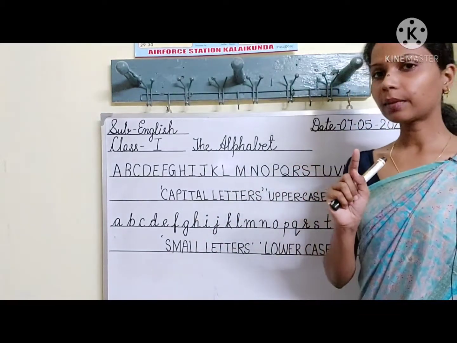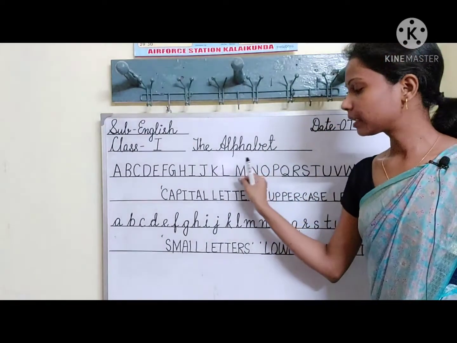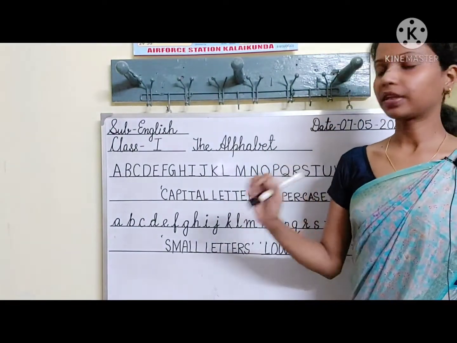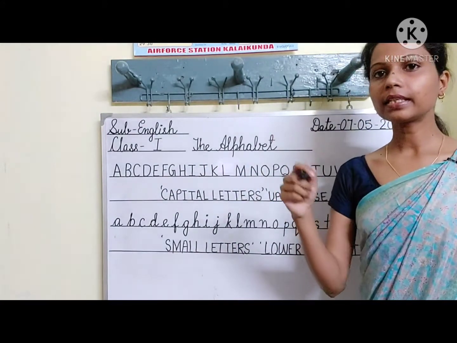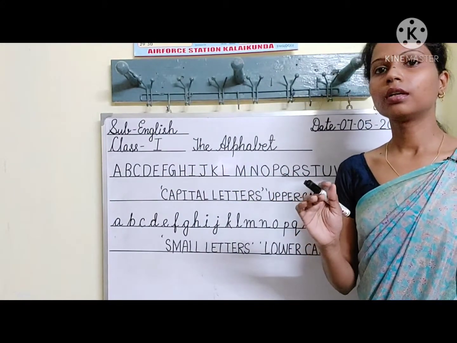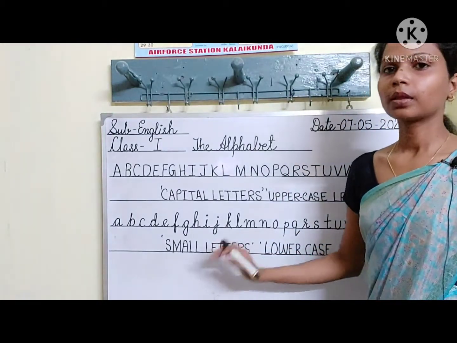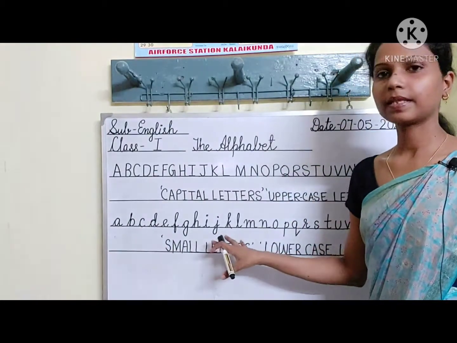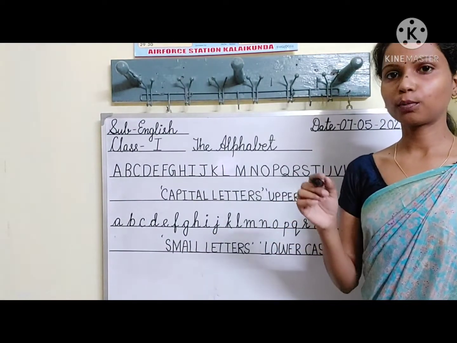Now once again I am telling you, cursive letters are different and capital and small letters are different. These are simply letters. Cursive writing is only written for handwriting. So this one you will write down with simple A, B, C, D. I will show you how you are going to write in the notebook also.